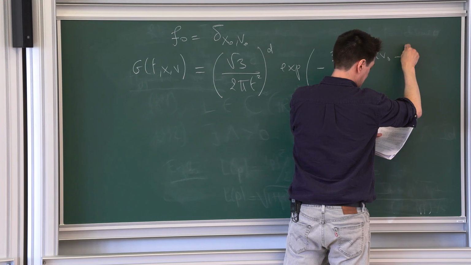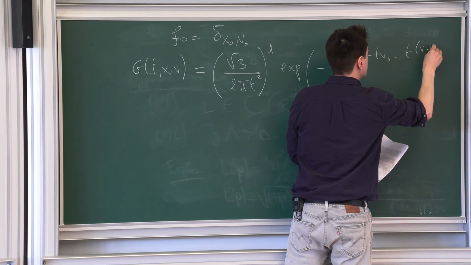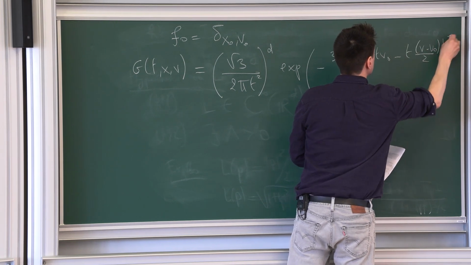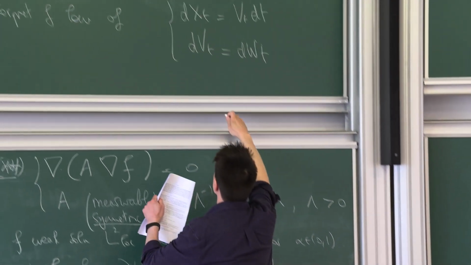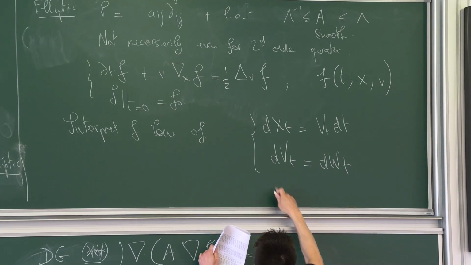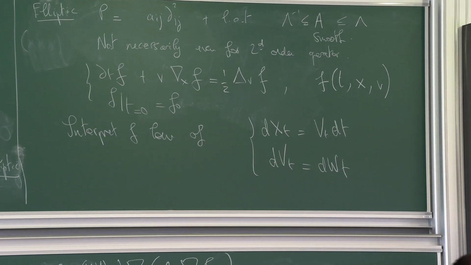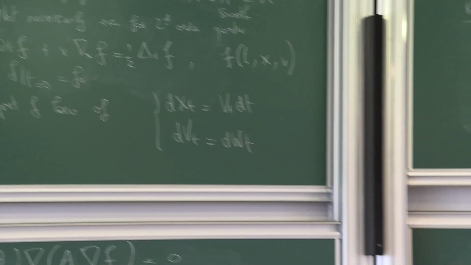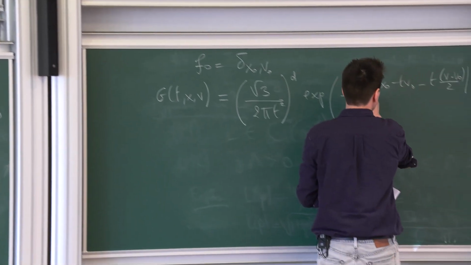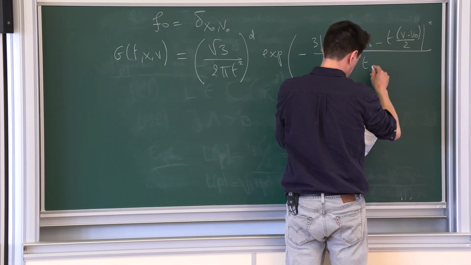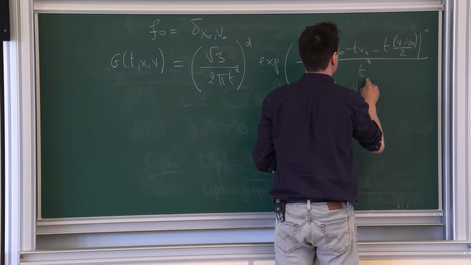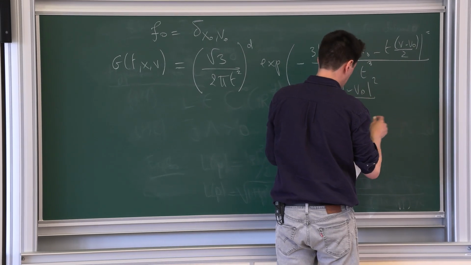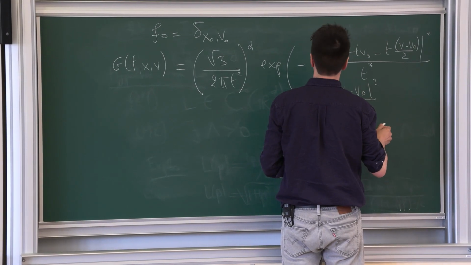The last term is T(V minus V naught)/2. Ooh, and also, I think I wrote it without the 1/2, so be careful. Right, you see what I mean? I think my formula doesn't have the 1/2 on the Laplacian. Anyway, it would just change the constants over T^3 minus V naught squared over 4T.